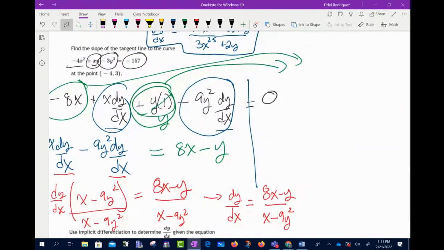Now, we're almost done here, y'all. The problem says, can we find the slope of the tangent line at the point -4, 3? Remember, when we find our derivative, that is telling me the slope of my line, right? So all we're going to do now, y'all,